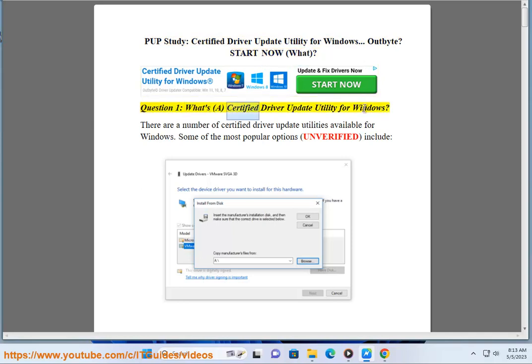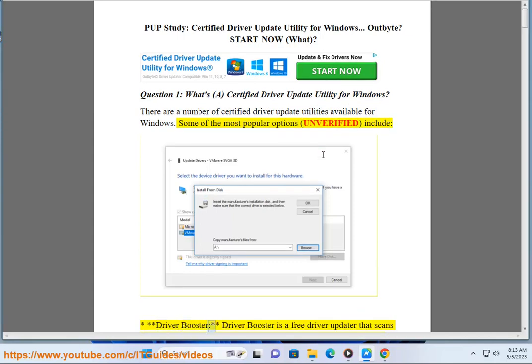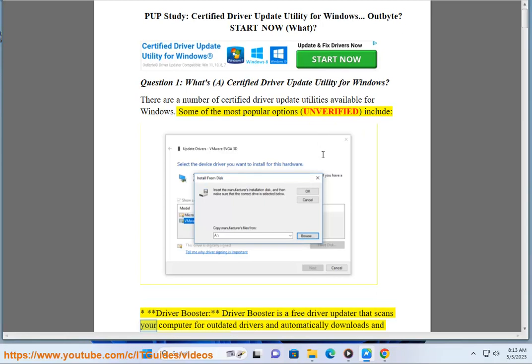Question 1. What's a certified driver update utility for Windows? There are a number of certified driver update utilities available for Windows. Some of the most popular options, unverified, include Driver Booster. Driver Booster is a free driver updater that scans your computer for outdated drivers and automatically downloads and installs the